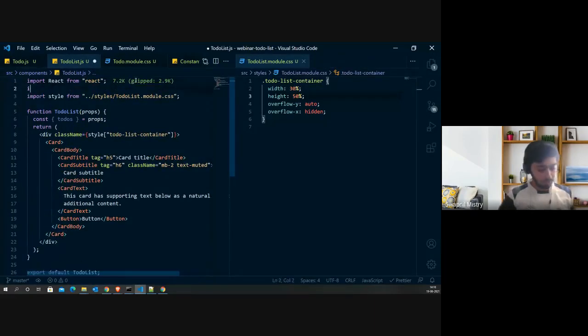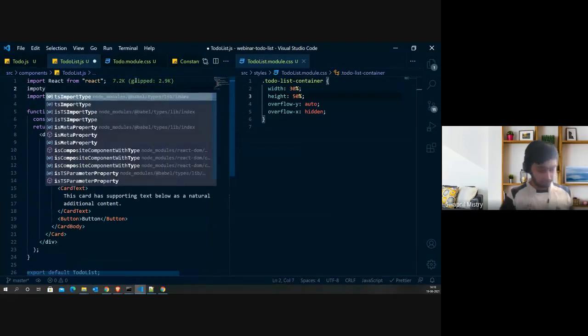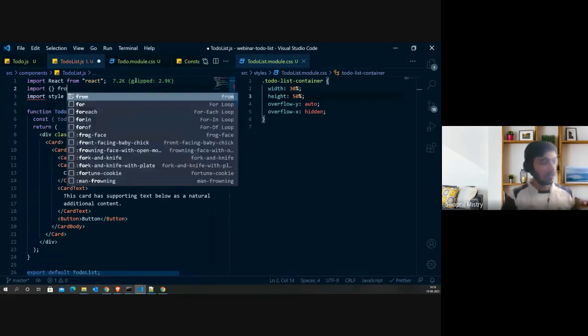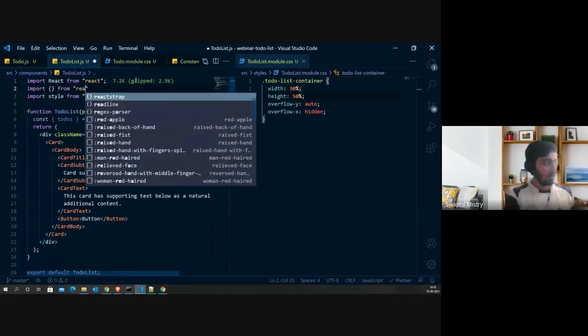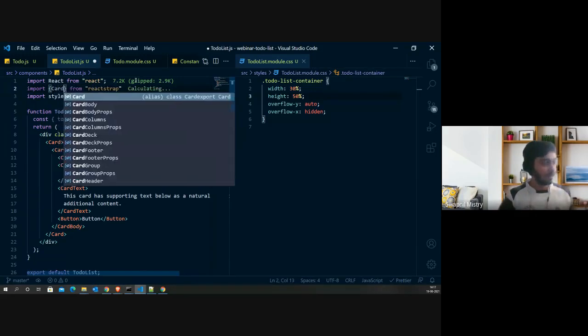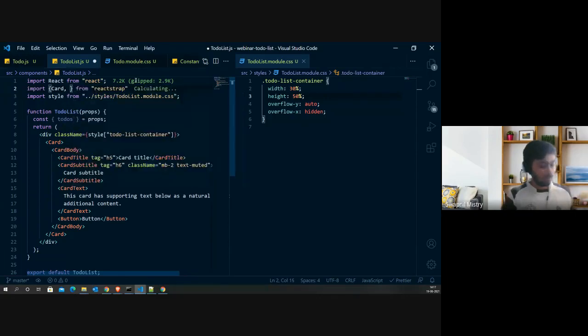And I will also import these things. I will just import a couple of things from React Bootstrap. So right now we are not iterating through the to-dos. We are just checking how our UI will look like. Right? So we need Card. We need Card Body.